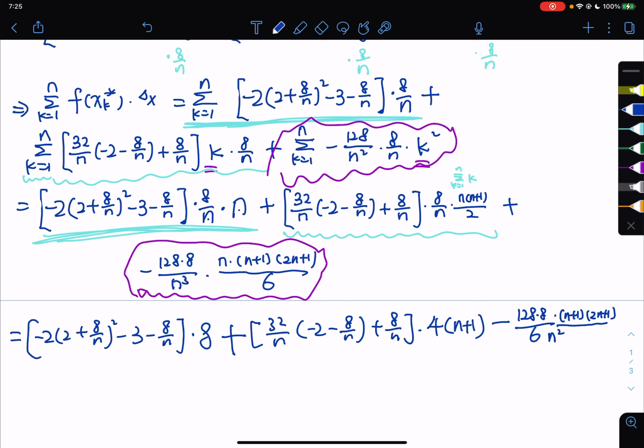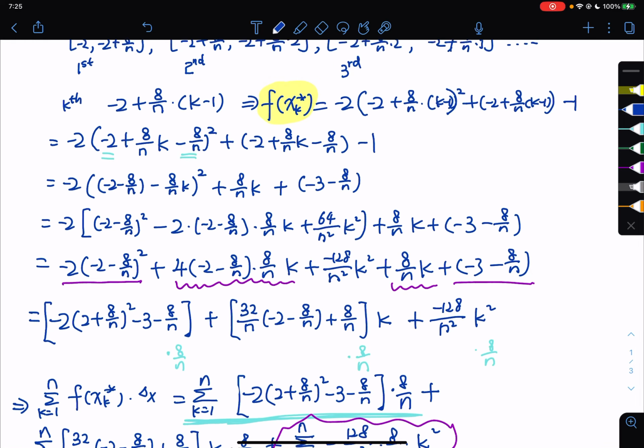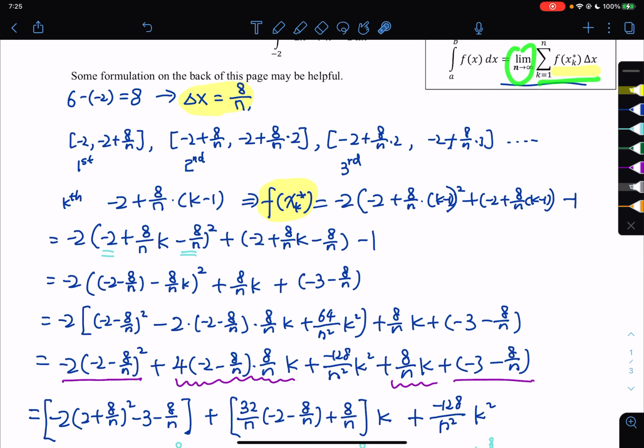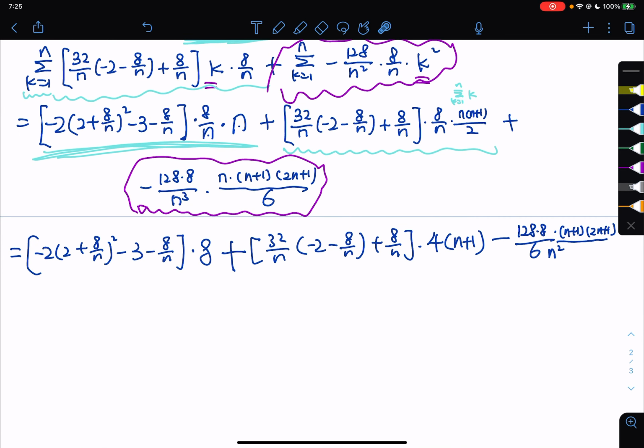So this is my expression simplified. My final answer is supposed to be the limit of that whole thing. So I'm taking the limit by sending n to infinity. So if I take the limit,